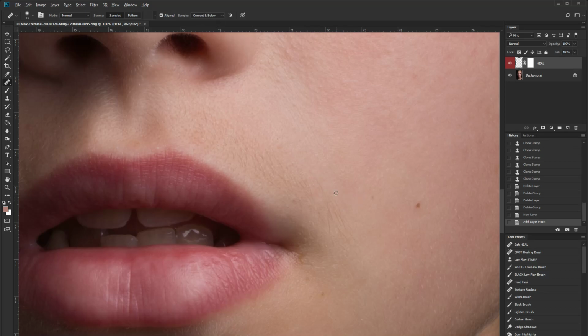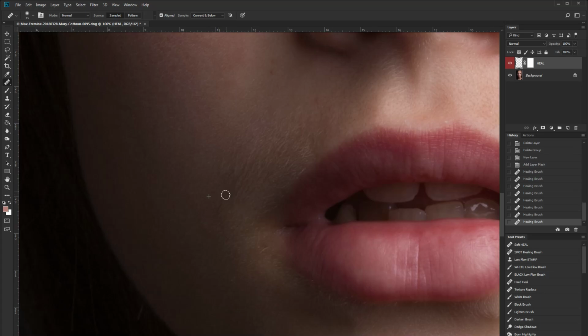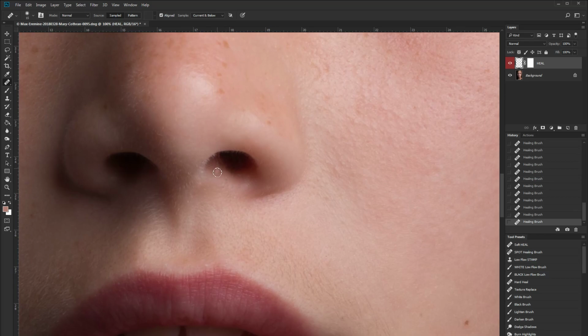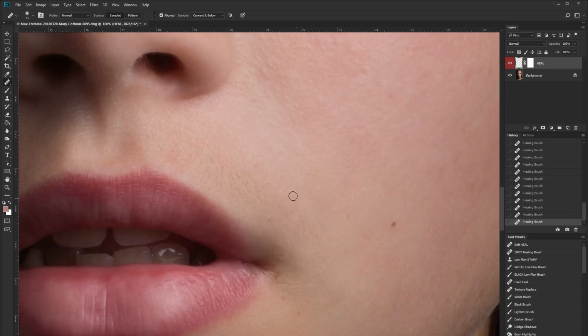So what I do with this is I will just remove the major offenders, the big ones. I'm not going to go over every single hair, just the ones that stand out the most on both sides. The ones that I don't want to deal with a little later. So here we are. They're just the main offenders. They're gone. Now I can do a few nose hairs while I'm at it. Anyways, so here we go. The main offenders are removed,